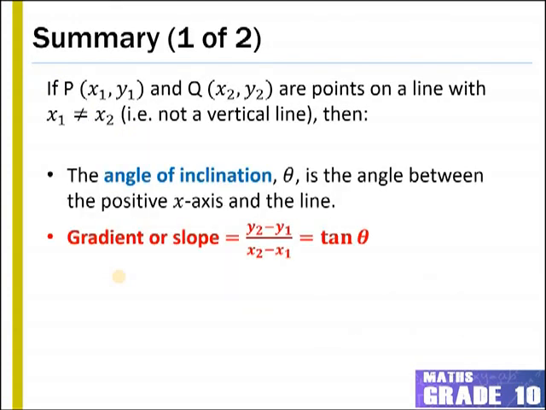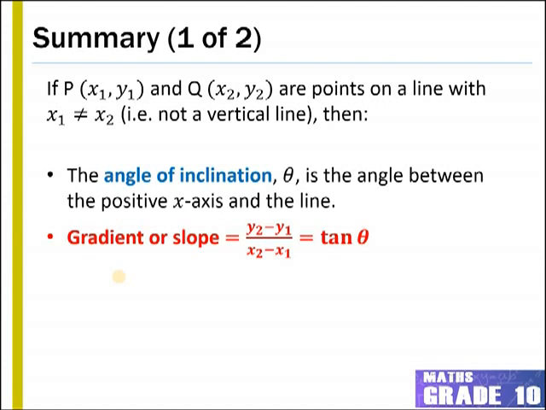To summarise, if P (x1, y1) and Q (x2, y2) are points on a line with x1 and x2 not being equal, or in other words, not a vertical line, then the angle of inclination, theta, is the angle between the positive x-axis and the line. And the gradient or the slope is equal to (y2 minus y1) over (x2 minus x1),